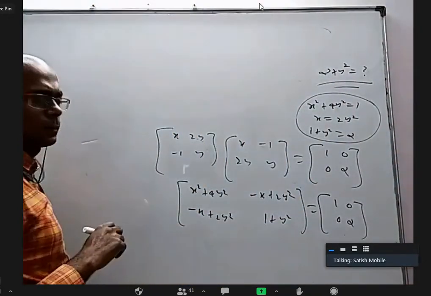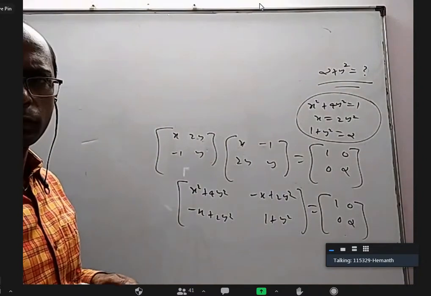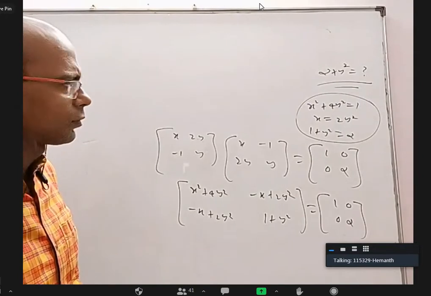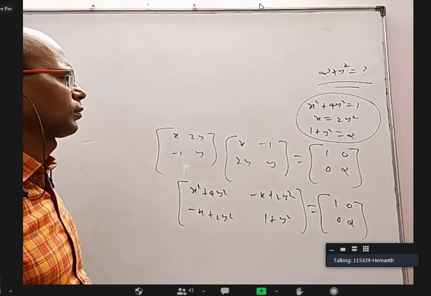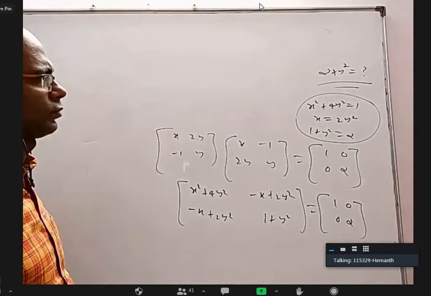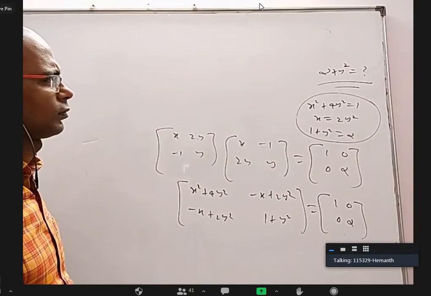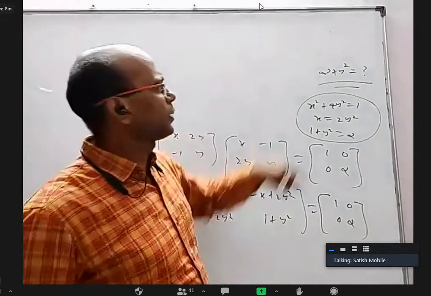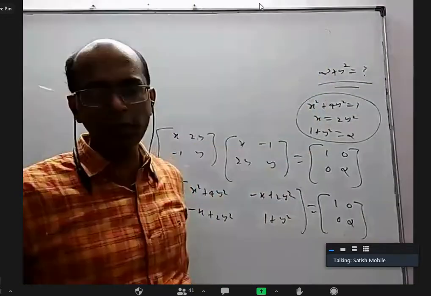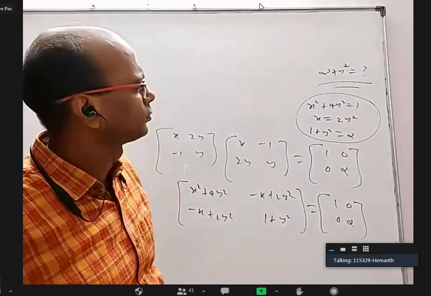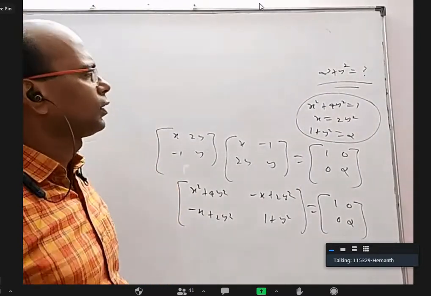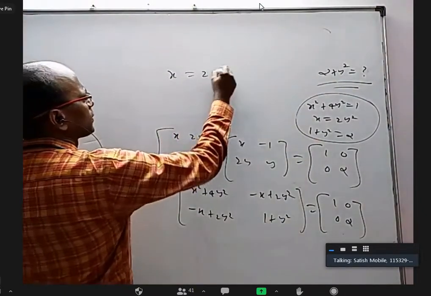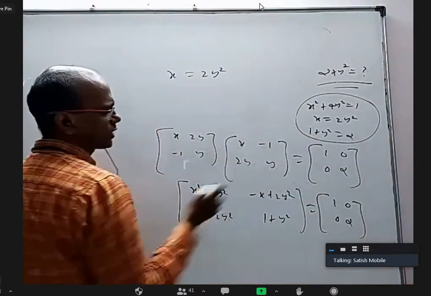Sir, can we solve it by only two equations, x is equal to 2y square and 1 plus y square is equal to alpha? By taking these two equations only, can we solve? Two equations, three unknowns, we cannot find it. At best, you can get this in terms of x. Sir, x is equal to 2y square is determined. You can add the two directly, add the RHS. Or multiply this with 2 on both sides?